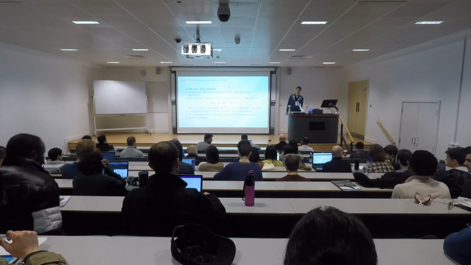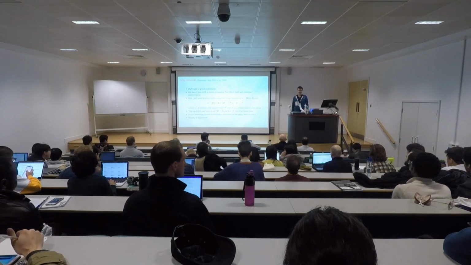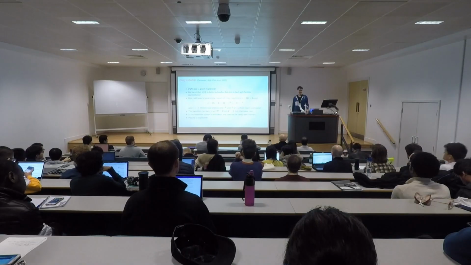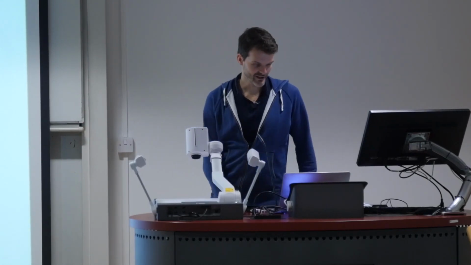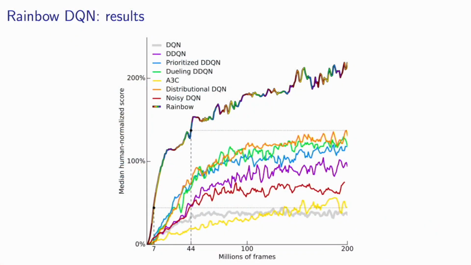Okay, so it'll come as absolutely no surprise that we can successfully combine all these methods. So that's the top line there, rainbow colored line. To briefly explain what you're looking at in this plot, there's a line at the bottom there which is maybe not that easy to see, but it's a gray line. That's the original DQN paper. That's the original DQN algorithm, I should say.